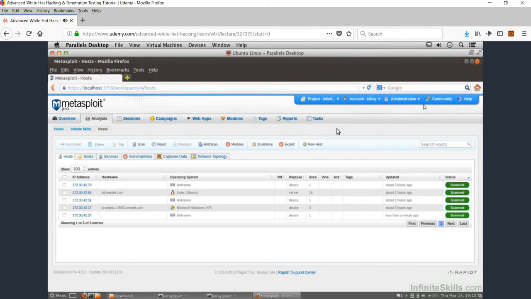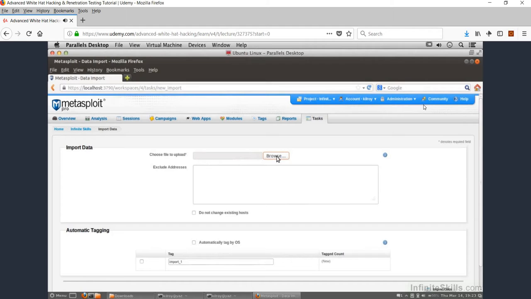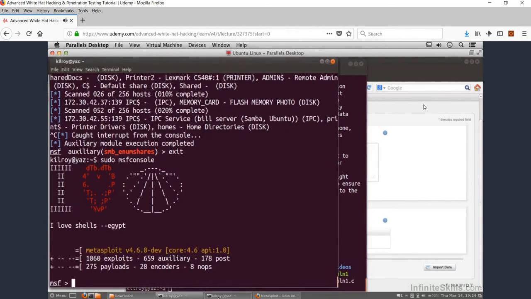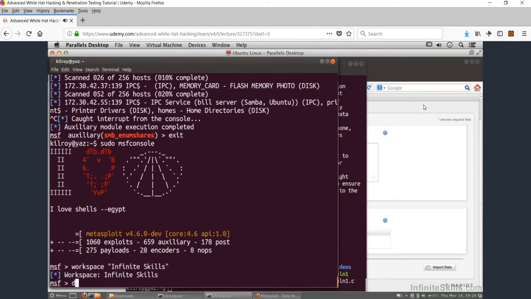Having run some Nessus scans, we could actually import those. Now again, this is something that I could do via the web interface. I could just do an import here, and that would give me the ability to go look for a file, and I could actually import it that way. I'm going to do it via the console, which is what we've been using so far. I'm going to go into the workspace that we've been in, just to keep everything consistent. Now I'm going to do a DB import,